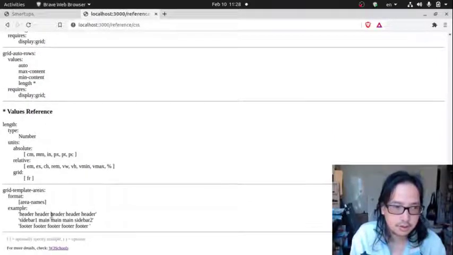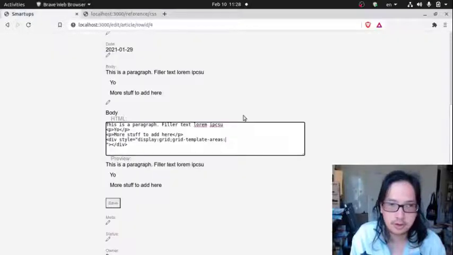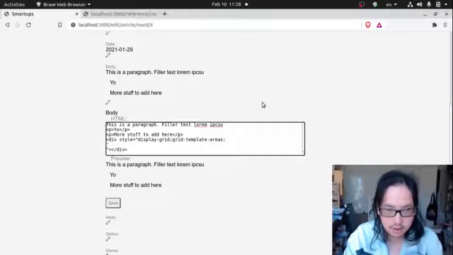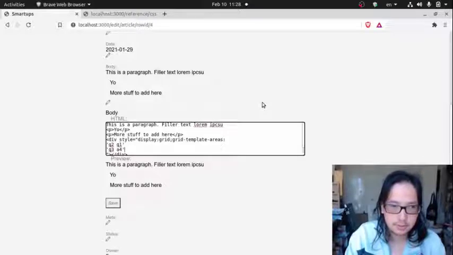So basically rows of areas. I'm just going to put this on a new line so it's easy to read. Q2, Q1, and then Q3, Q4. So there's essentially just four quadrants. So yeah, let's go with that,